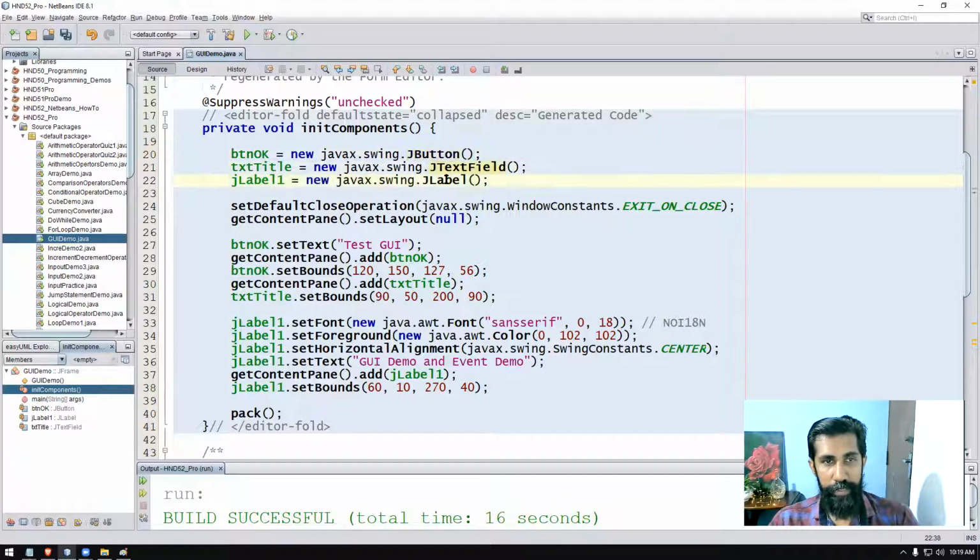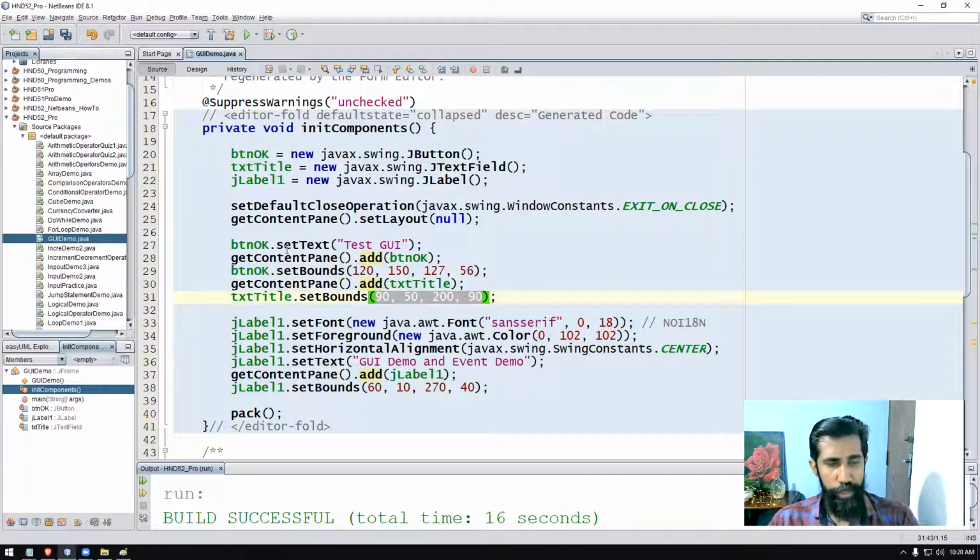It is creating the things for us. So what is the text? It should appear here, right? Where it should be added, what is the size of the component, setBounds, everything is there. If you want more information about setBounds and all, look at my previous video, okay? Right.